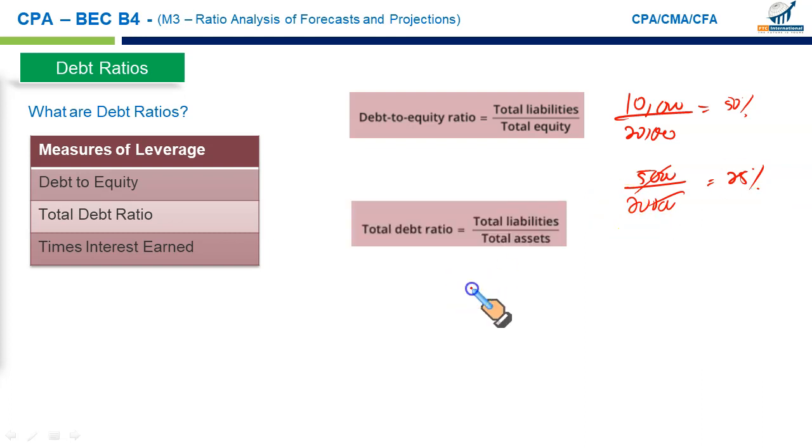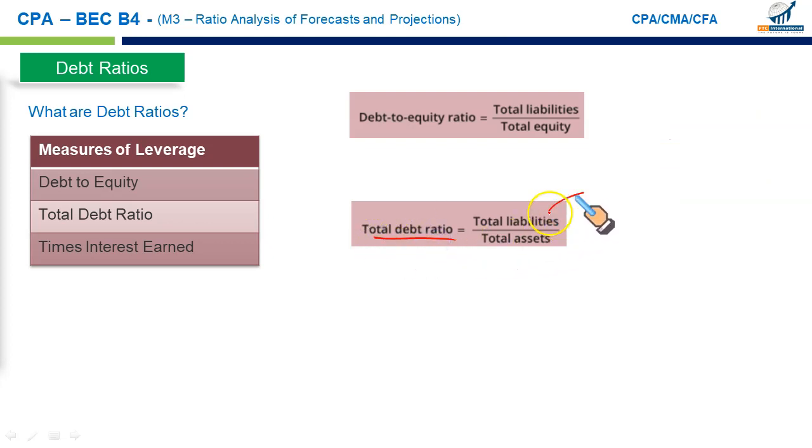Then we have an alternative to measure leverage, that is the total debt ratio. Total liabilities, meaning the current liabilities and non-current liabilities, divided by the total assets. Like in this first ratio, debt to equity ratio, if it is higher, that means the company employs more risk, right? So we need to mix our capital in a way so as to lower our debt to equity ratio, so as to reduce the risk. Then the next one, total debt to total assets, total liability to total assets. This is very similar to debt to equity ratio. This is a measure of risk also. Company risk would increase if this ratio increased.